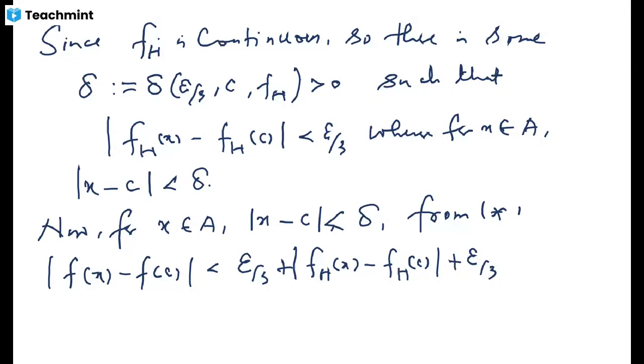So this number |f_h(x) - f_h(c)| will be replaced by epsilon by 3. And last we have already epsilon by 3. And so we are adding epsilon by 3 three times. So this is equal to epsilon,